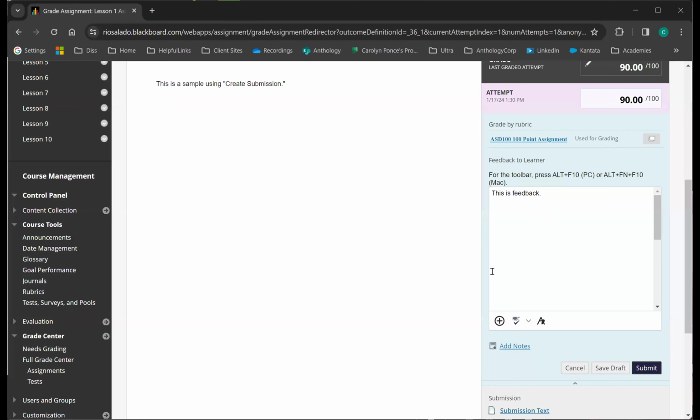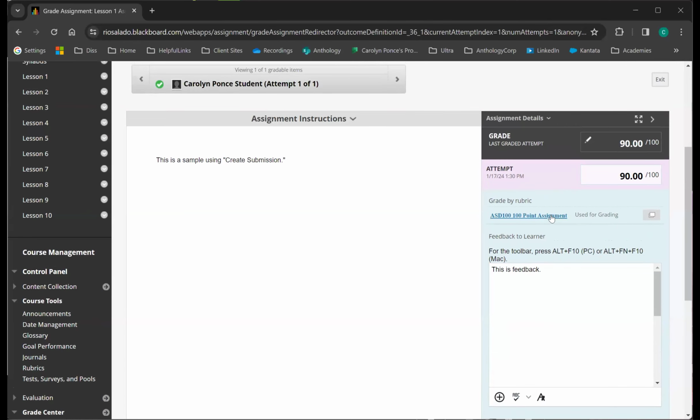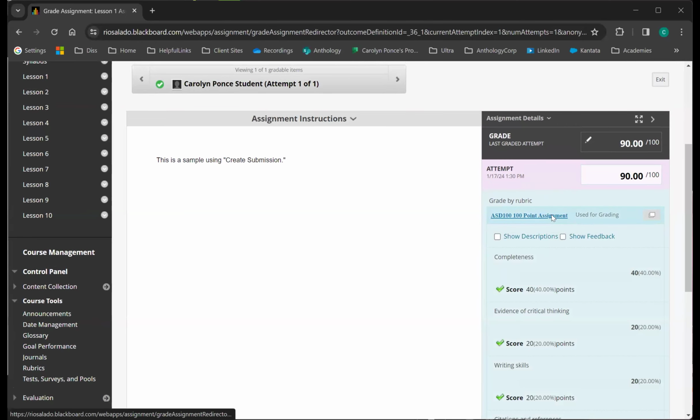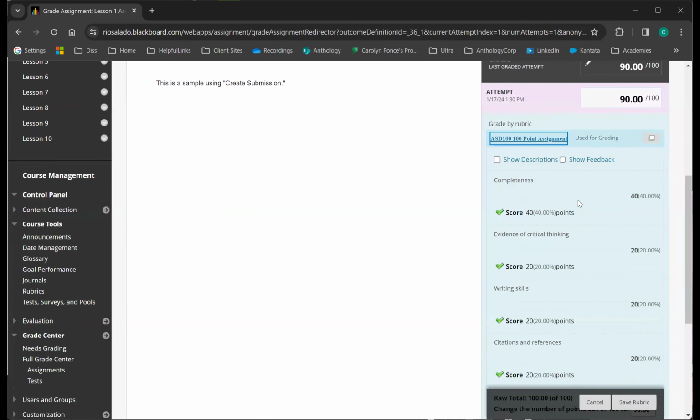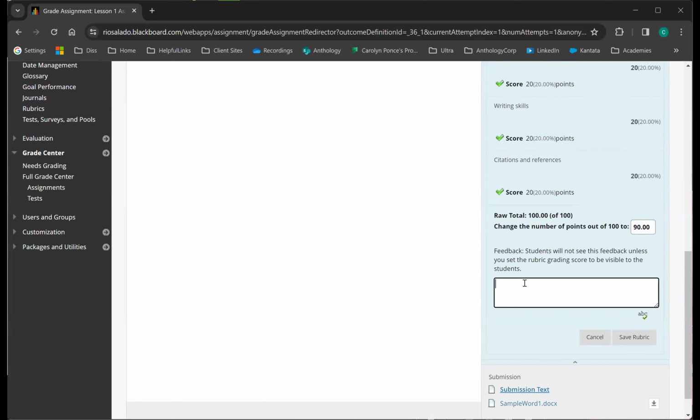Great. And just to be clear, Carolyn, an instructor can provide feedback on the rubric as well as on the overall assignment. Is that correct? Yes. When they expand this rubric to use for grading, there is a feedback box on the bottom of it. Now, this rubric does need to be edited to be viewable to students. Do you mind if I do that just for this demo? I can reset that setting later. No, that's totally fine. Okay.